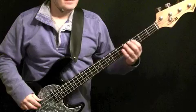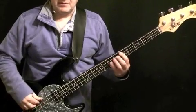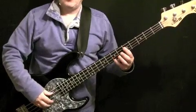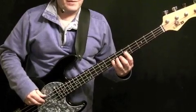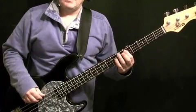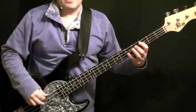Then back to C, then to D again, only there's a variation. So what you're doing is playing D, D, A, then octave of D at the 7th fret of the G string, octave of A at the 7th fret of the D string, D, 5th fret of the A string, D flat, 4th fret of the A string, and then you're back to C and G,